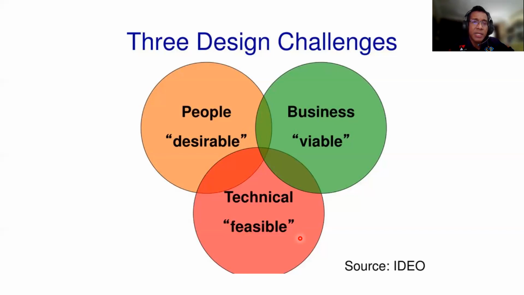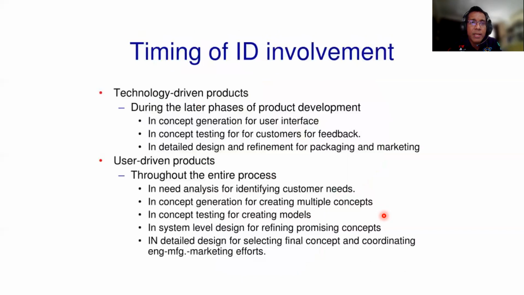So for example, they have the capability, they have machines, they have the availability to produce the part, to design the part. So that is all related to the technology or technical. That is all three challenges, people, business, and technical, always involved inside this industrial design, either in terms of making decisions or making effort inside your design process.